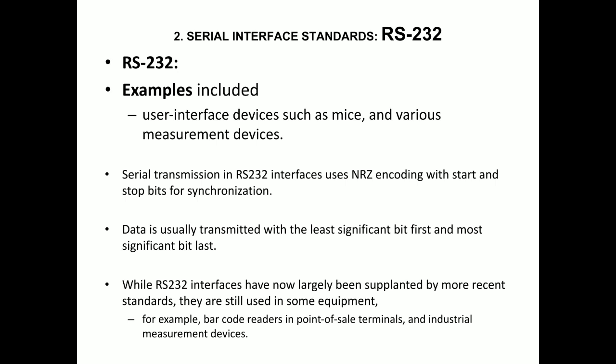In RS-232, the first data to be transferred is the LSB, and the last one is the MSB. This is one of the issues when data is transferred serially. RS-232 follows NRZ format. It uses a start bit and stop bit. It transfers the LSB first and the MSB last.